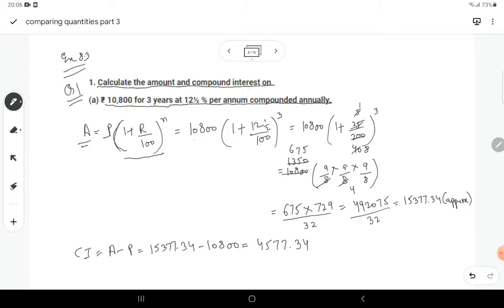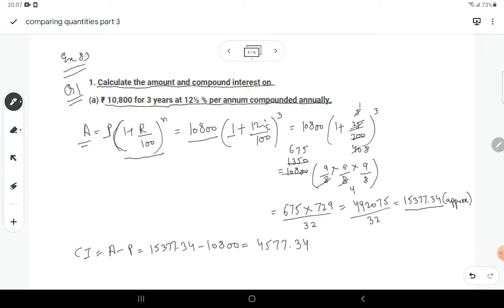Putting the values, we get 10800 into (1 + 12.5/100) raised to power 3, which gives the value as 10800 into (1 + 25/200) raised to power 3, which on completely solving gives the value as finally